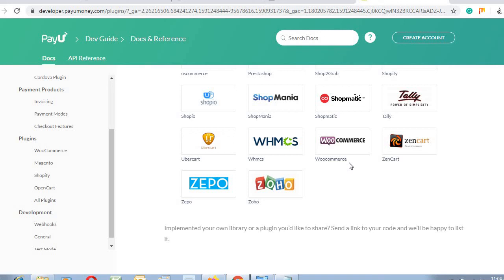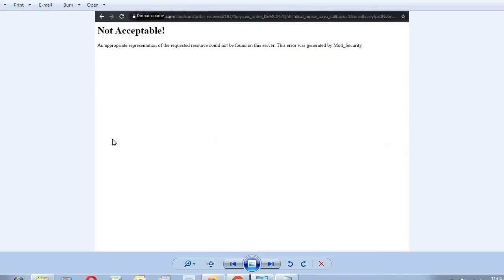Then you need to set up the payment gateway keys. For example, the merchant key and the salt key, all those keys you need to enter in the settings part. Once you complete it, you will never face the not acceptable error. This error is caused only because of third-party payment gateway partner plugins.